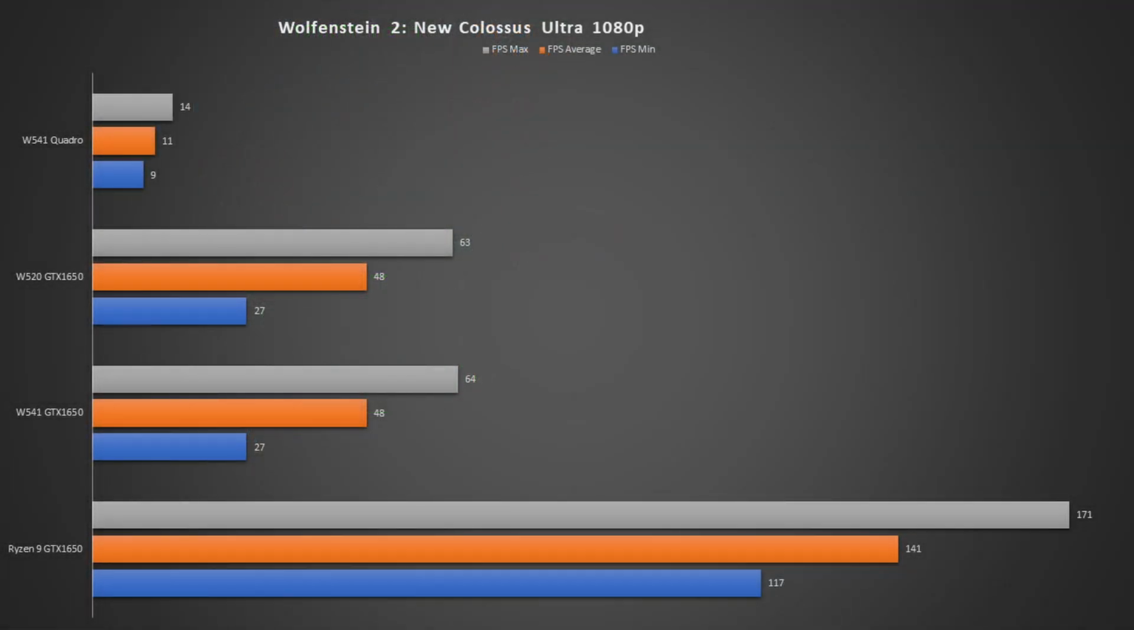Next game on the list is Wolfenstein New Colossus, played on ultra setting at 1080p. You can see that there is missing Lenovo W520. The reason is that it was not possible to run the New Colossus on that laptop because of old graphic card. So we have only 4 competitors, and as expected,